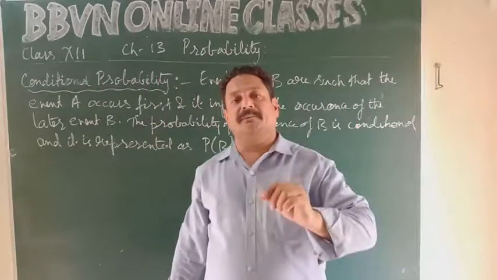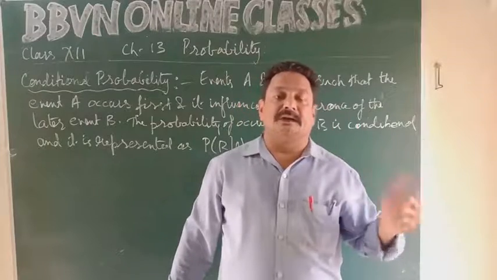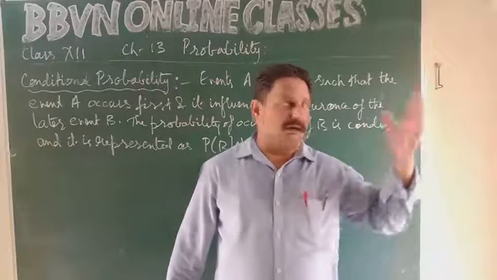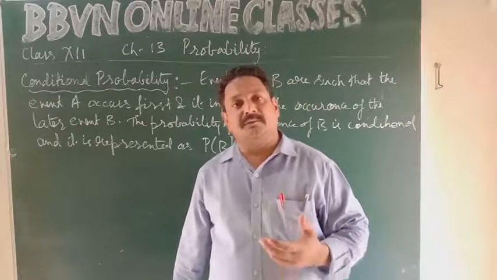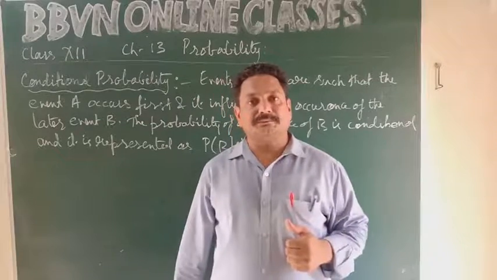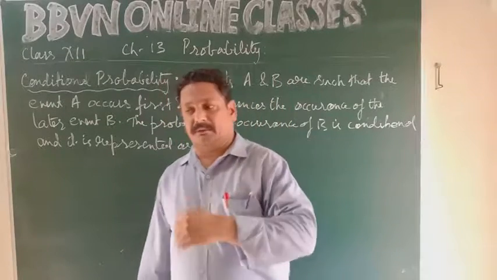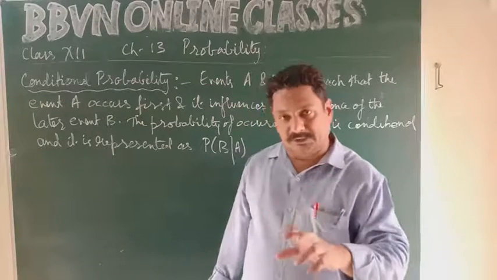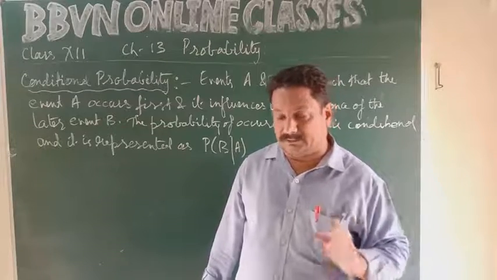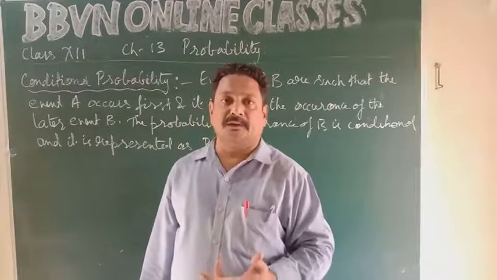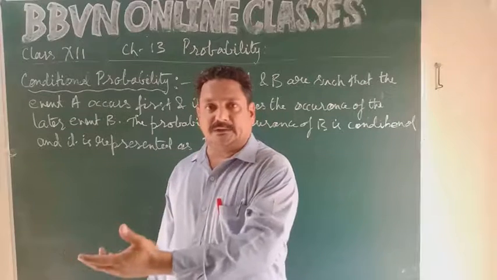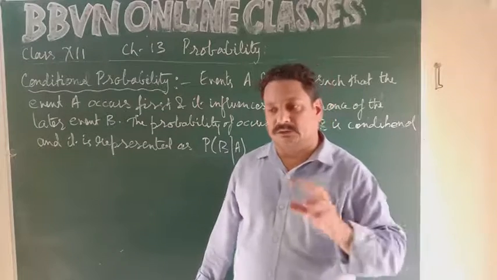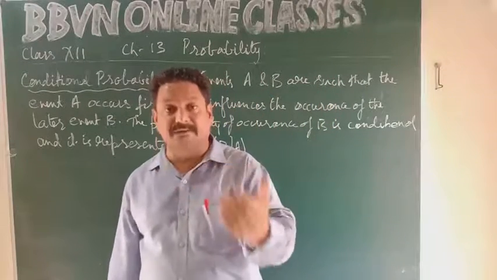Say I will give you a statement. If it rains, I will not go to school. So here there are two events. One of the events is occurrence of rainfall. Second event is myself going to the school. So there is a condition. My arrival at the school depends upon the rainfall, right? So the first event is A, that is occurrence of rainfall. Second event is B, I am going to school. So my arrival at the school depends whether it's raining or it's not raining, right? So this is how you can understand the conditional probability, the events, right?